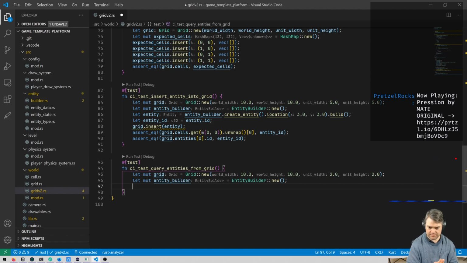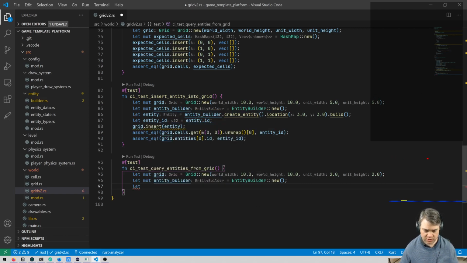It might be fine. And then if we have bugs with it, we can create more entities in this test and throw them in here. So I guess we need to figure out what our camera is too. What is our query going to be? So let me do our query. I'm thinking maybe we don't need to have it just be a pure rectangle. We could just pass in the coordinates. I was trying to be a little bit clever by